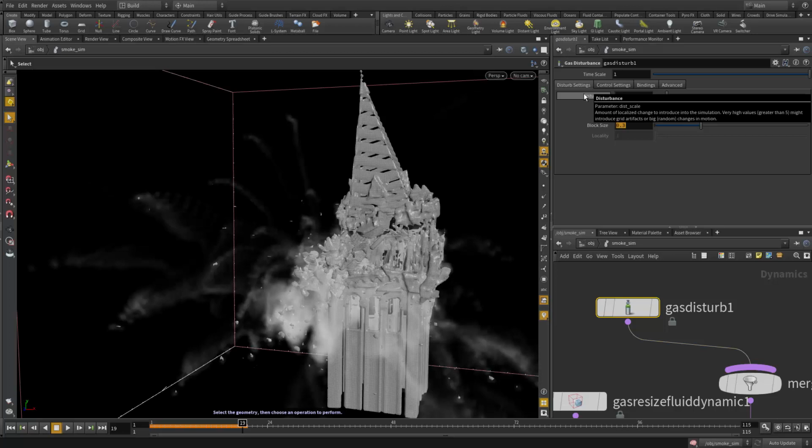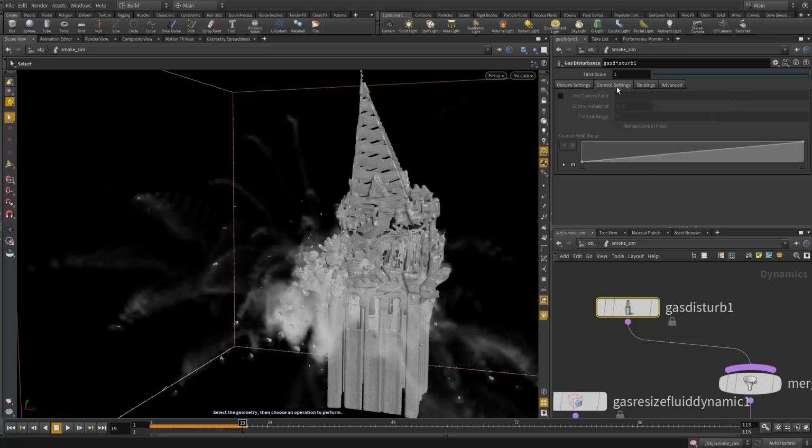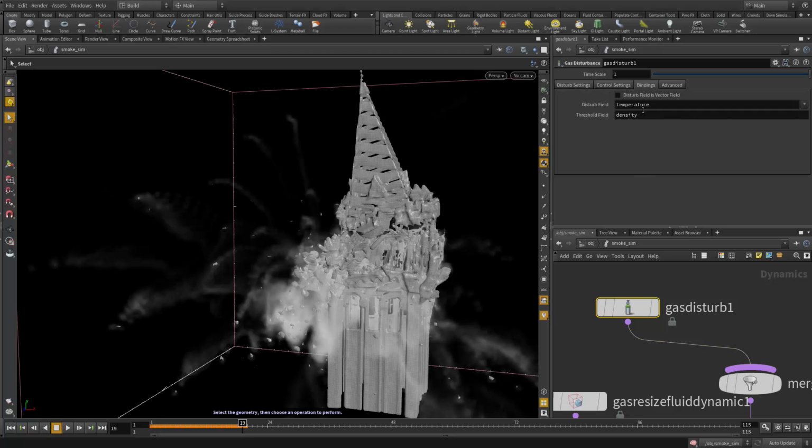That's disturbance amount, right? And what is actually disturbing is actually here. So it's disturbing this field called temperature, right? That's using density to do that. Now we don't have the temperature to disturb. We can actually disturb instead of the temperature, we can disturb actually the velocity. Now because the velocity is